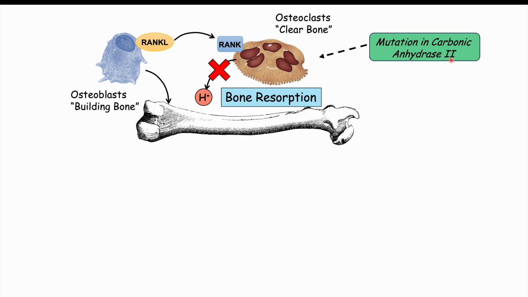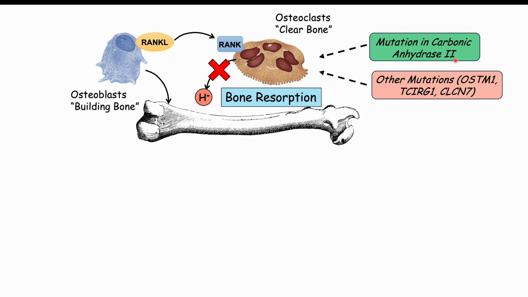So this enzyme, carbonic anhydrase, takes CO2 and H2O and forms carbonic acid, or H2CO3. And that acid is going to be used in that sealing zone to help resorb bone. So if there's a mutation in carbonic anhydrase 2, this can lead to osteopetrosis. More specifically, this mutation in carbonic anhydrase 2 is going to lead to the intermediate form of